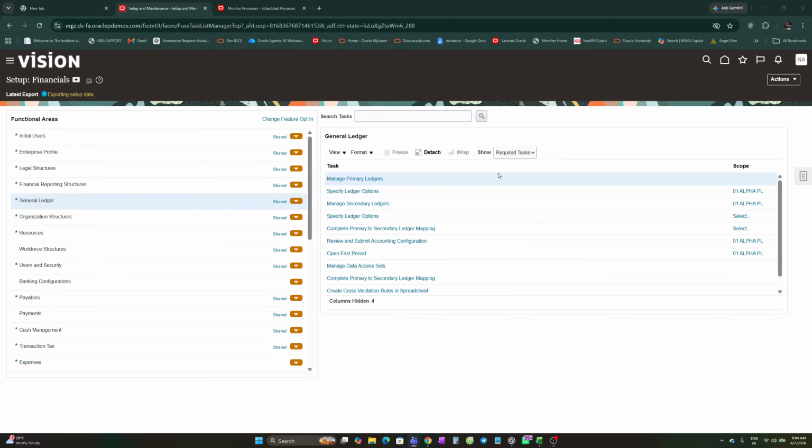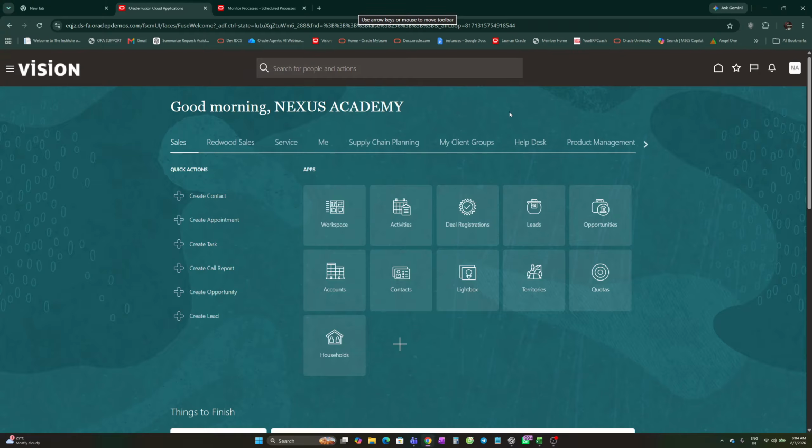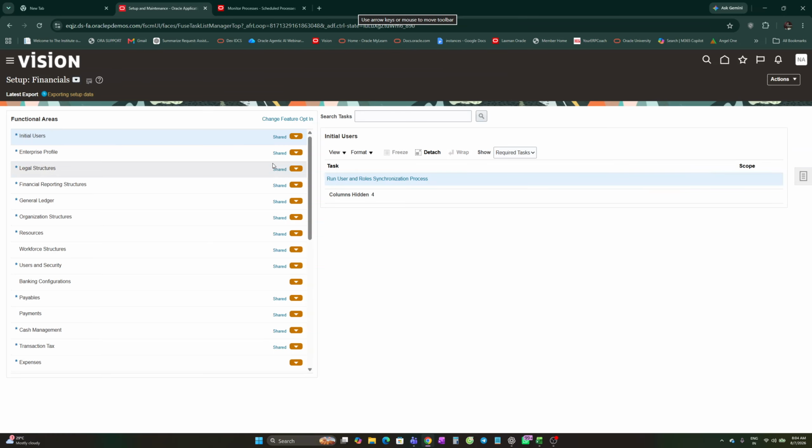This is the functional setup manager. Using this, you can navigate from here. There are three search options for creating the configurations. First, we navigate from the setup and maintenance task. This we can call an FSM page or functional setup manager. From here, you need to search for the tasks or the configurations that you want. And one more